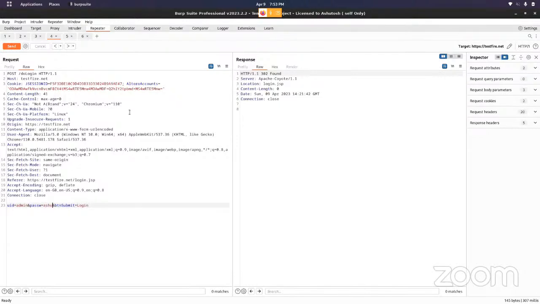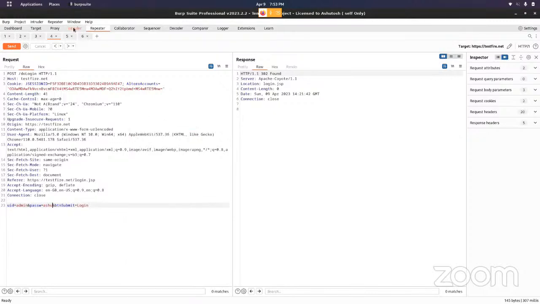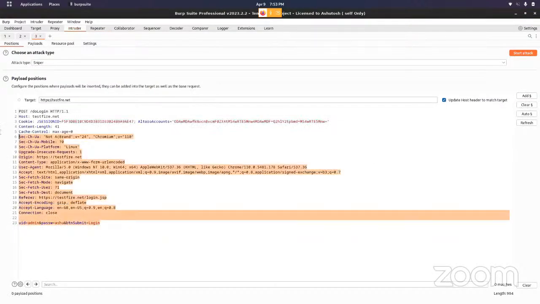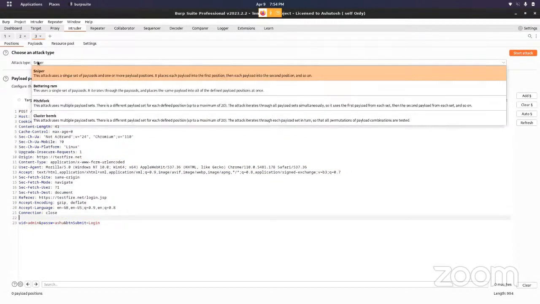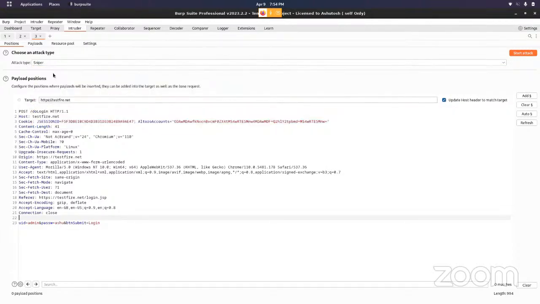What we do in Intruder is send this request to Intruder and go there. We see the request provided to us, right? At the top, we can see the attack types. Basically we are given four attack types. For now, just consider Sniper. And here at the bottom,